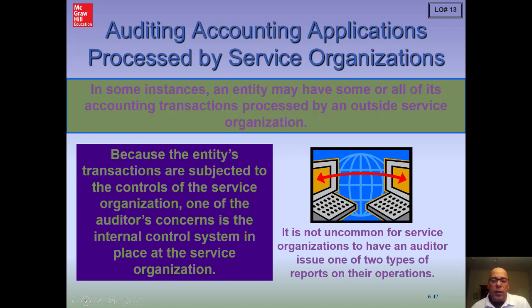And we have to do that on every audit, and then if the assessment of risk and material misstatement is less than the maximum, we can go ahead and test the operating effectiveness of those controls. Well, what happens if an important part of our client's procedures are done outside the company by a service organization? Classic example here is ADP doing work with the payroll for probably many of your clients. In fact, your own employer may use ADP.